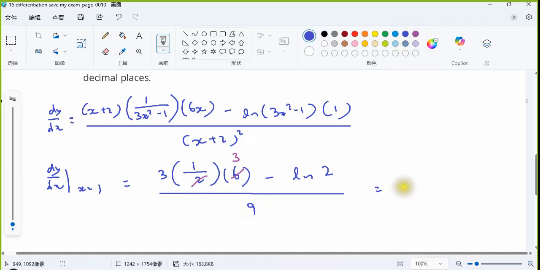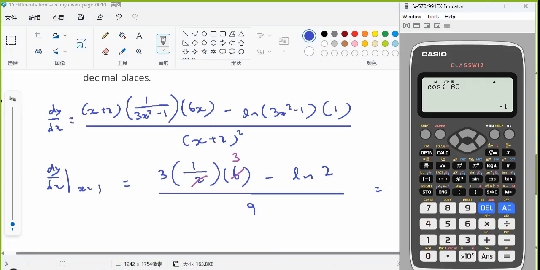So we will have (1 minus ln 2) over 9. Okay, so (1 minus ln 2) over 9 is